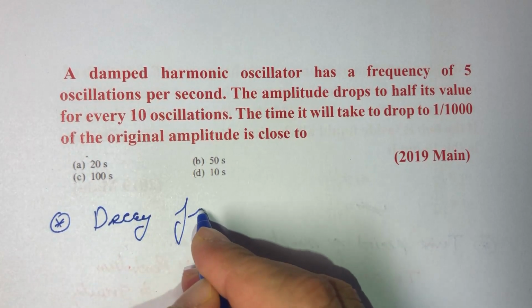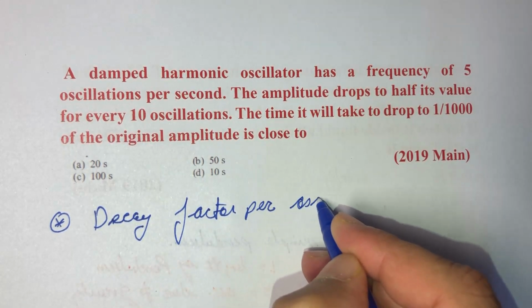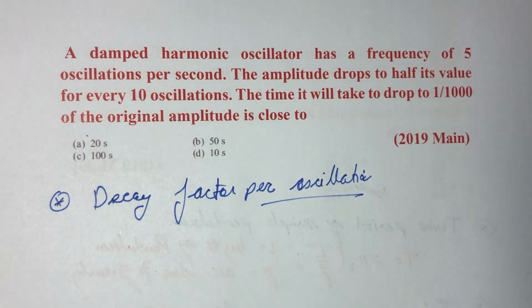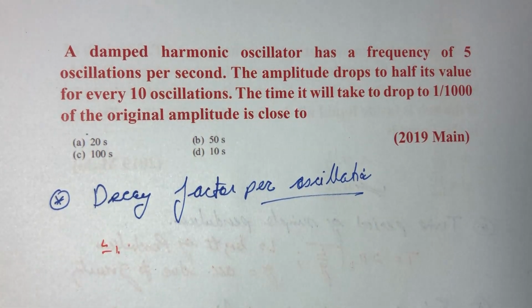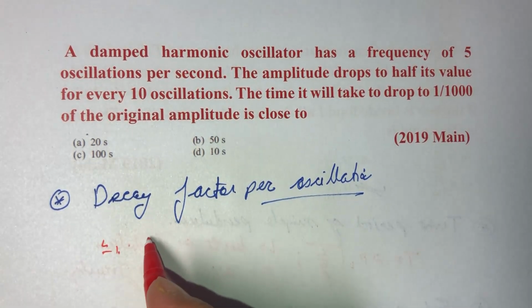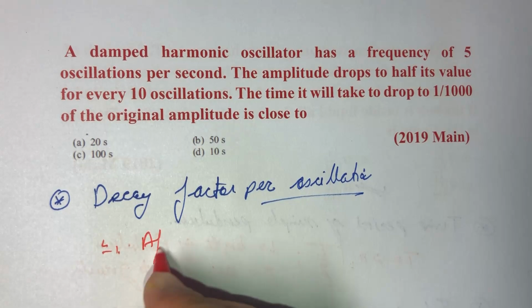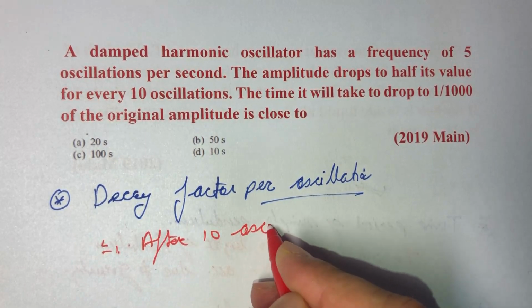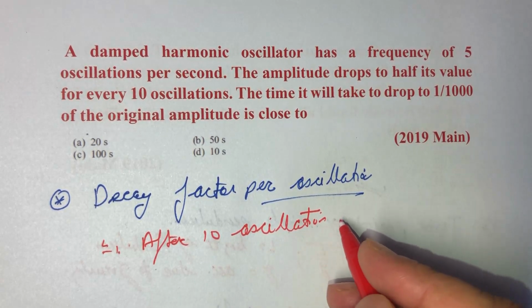So we are given that after 10 oscillations the amplitude drops to half its original value. Okay, so if we say that after 10 oscillations the amplitude becomes half